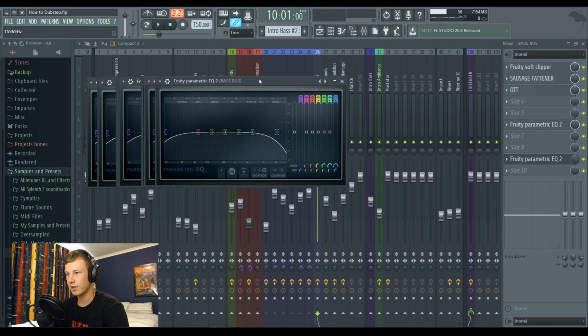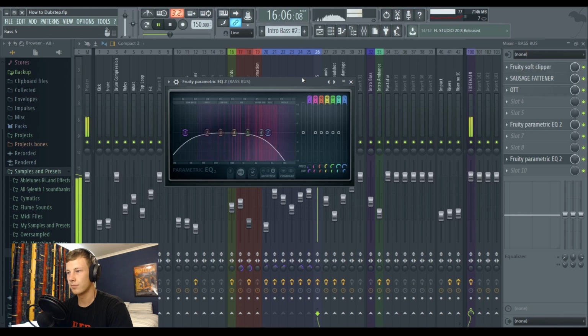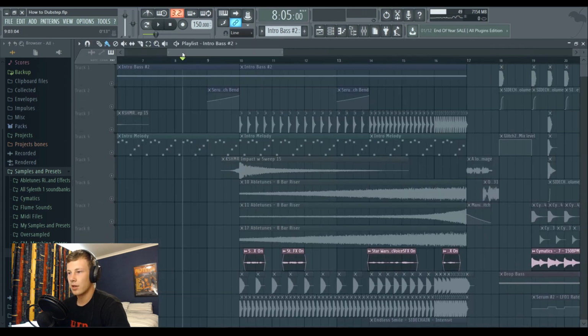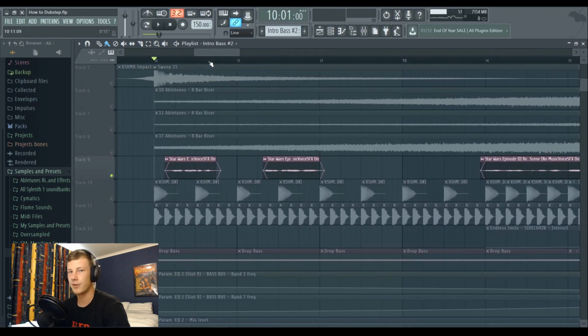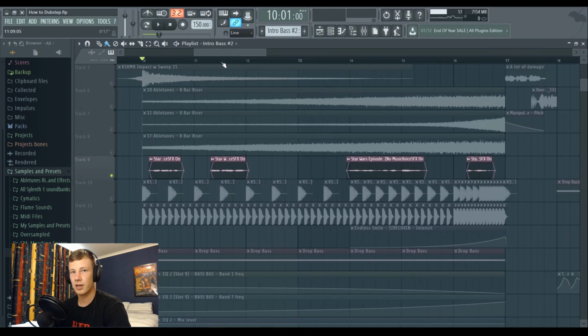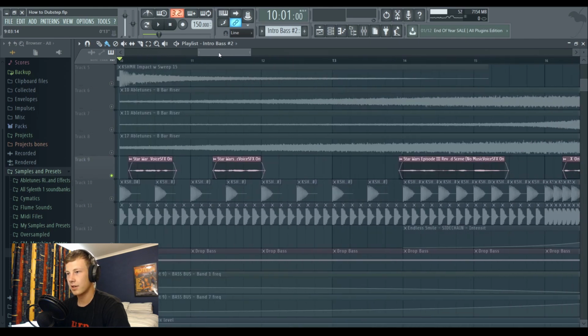That just looks like this. So I've got a high pass and a low pass, and they are both just opening up as it comes up to the drop. Another thing I added just to change it up from the intro, I just added these Star Wars effects from Revenge of the Sith. Haven't seen Star Wars? Sort your life out, mate. But yeah, it just adds a bit of variation.